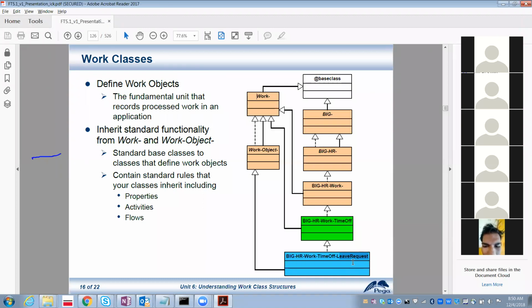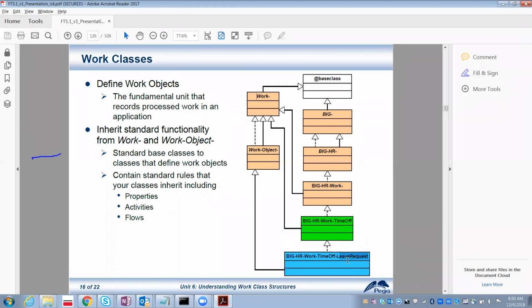As I am going to create the work object, it should be extended from Work-Object, which in turn extends from the Work- class. Clear, right?